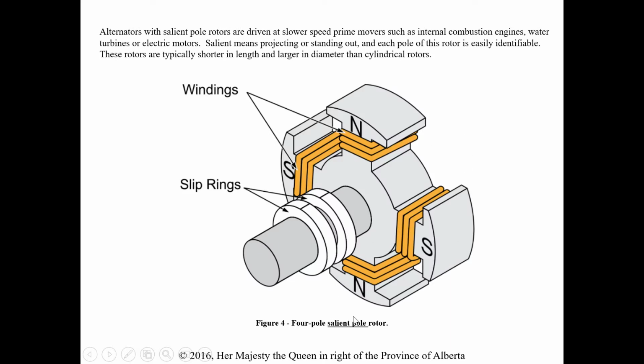The other one they talk about is the salient pole. So again, this is still our field spinning around within the armature windings. This is for slower speed prime movers such as combustion engines, water turbines, or electric motors. Salient means projecting or standing out, and each pole of the rotor is easily identifiable. So they're typically shorter in length and larger in diameter. You can see these are a little protruding. It's not quite as aerodynamic, I would say, so it makes sense that these would be for slower speeds,